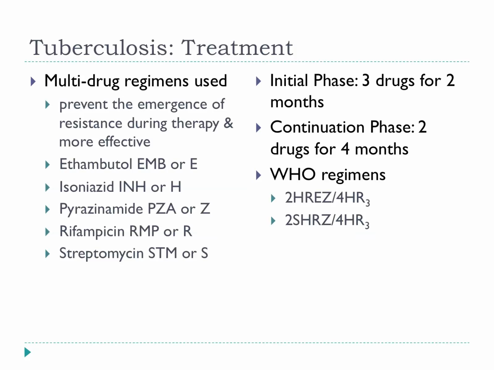So there's an initial phase of treatment where you give 4 drugs for 2 months, and then the continuation phase where you give 2 drugs for 4 months. So this would be 2 months of isoniazid, rifampicin, ethambutol, and pyrazinamide, followed by 4 months of isoniazid and rifampicin. I think the 3 is actually the dosing regime that you use as well, 3 times a week.